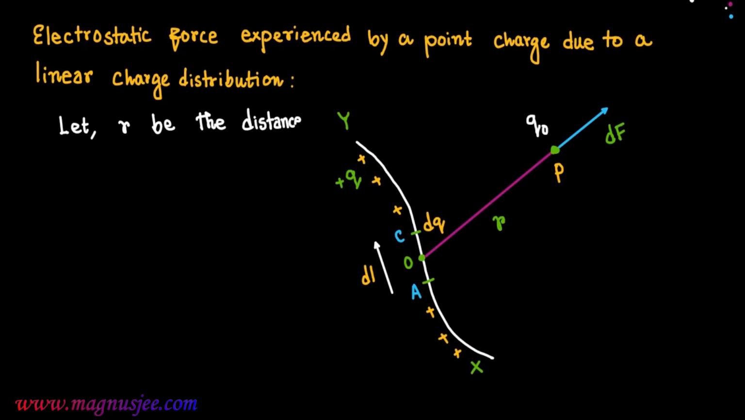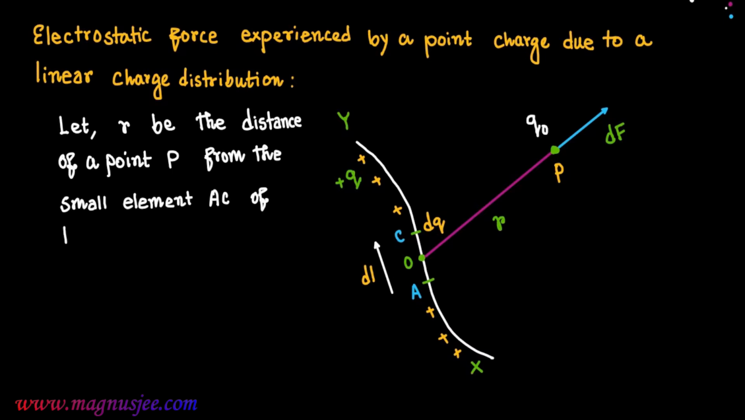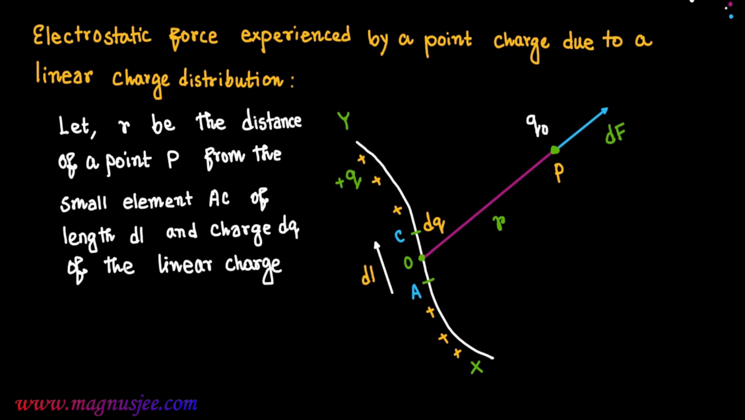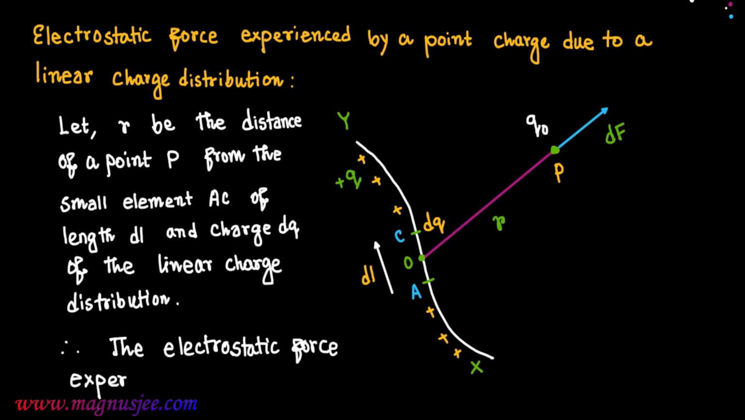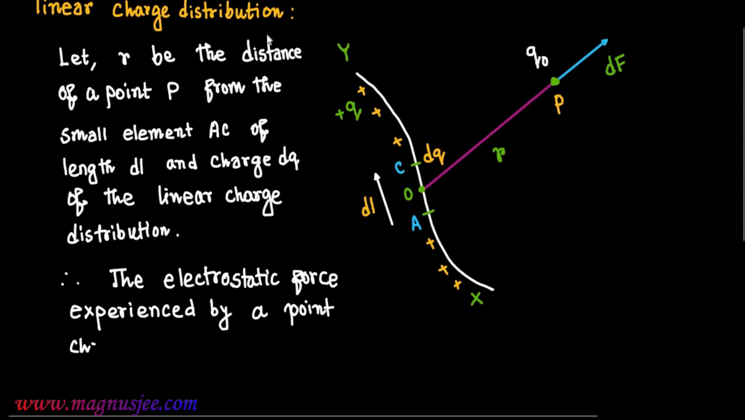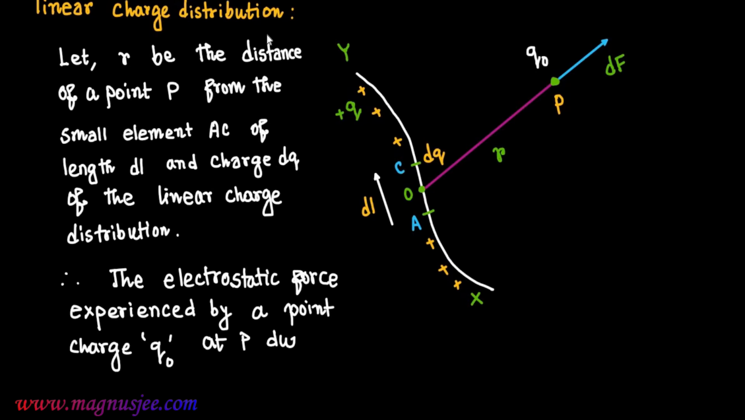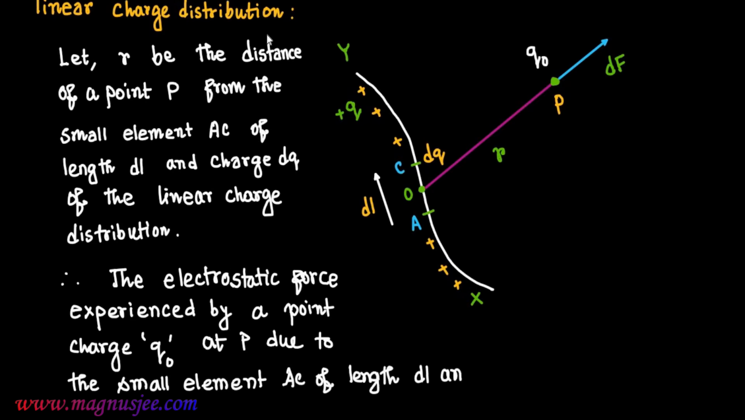Let r be the distance of the point P from the small element AC of length dl and charge dq of the linear charge distribution xy. The electrostatic force experienced by the point charge Q naught at the point P due to the small element AC of length dl and charge dq